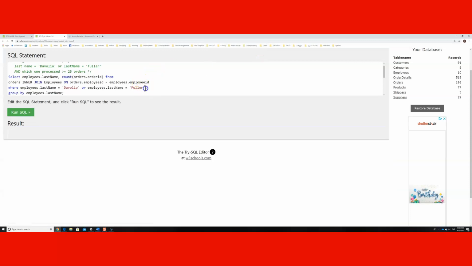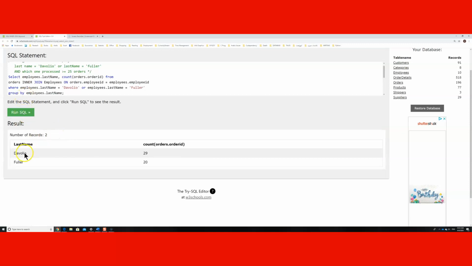I should have the semicolon after the last name. There's no semicolon here because we have the group by. And notice we have Tavolio, which is 29, and Fuller. And if I wanted to see which one of these two have sold more than or equal to 25, then I cannot say where count orders is going to be greater than or equal to 25. I have to use having